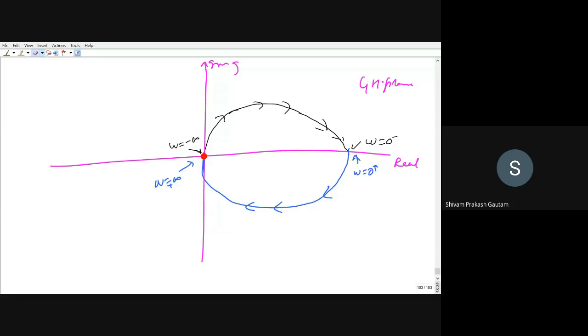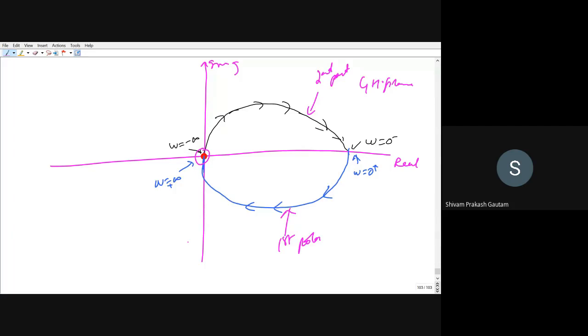Any doubt in this part? No, sir. We are having three parts of this. This is my first part, which is the polar plot. This is my second part, which is the mirror image of the polar plot, and you can see a dot at the center, which shows the third mapping. That is, when you map the semicircle in the S plane to the GH plane, it will be a dot at the origin. That is, magnitude is 0 because magnitude is coming 0.